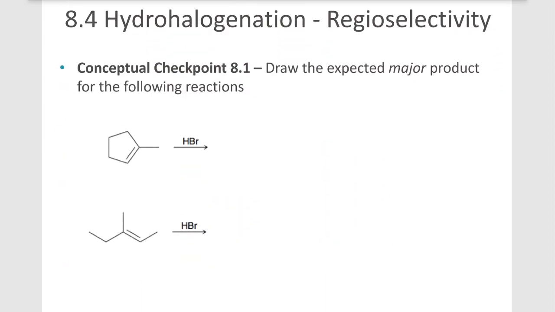Alright, so let's look at the expected major product for the following reactions. What are we adding and where are we adding it? We're adding on this first one H and Br, across a double bond. Okay, so the H is going to go where? Let's notice that this side has a hydrogen already. The other side does not. So that's the side that's going to get the bromine. I don't want you to think that I'm drawing a mechanism here, so I don't want to put a bromine out there like it's going there, but